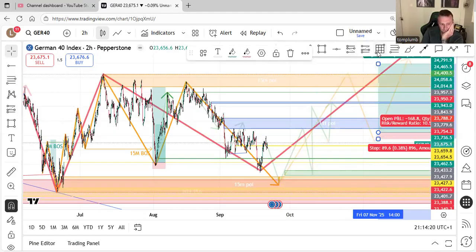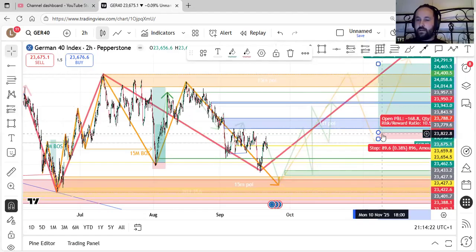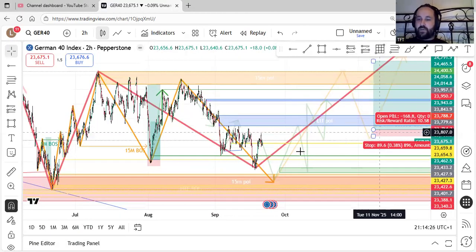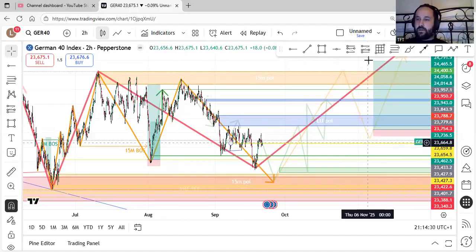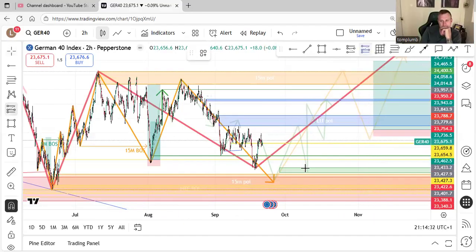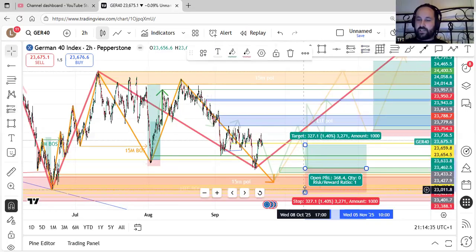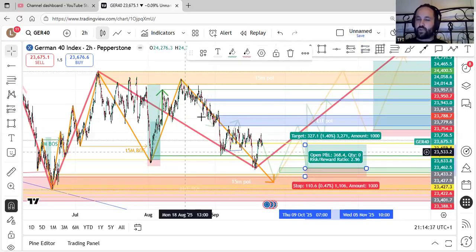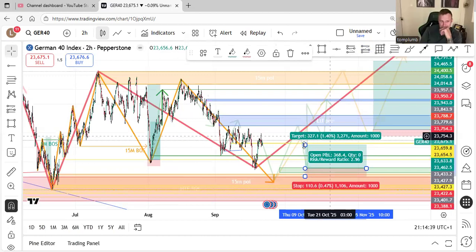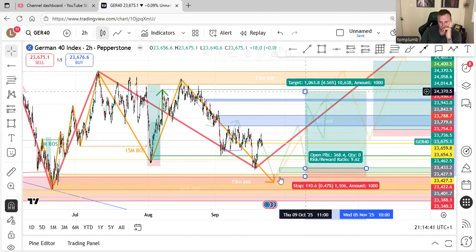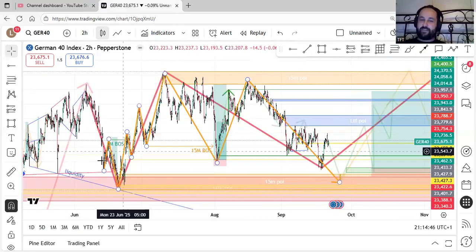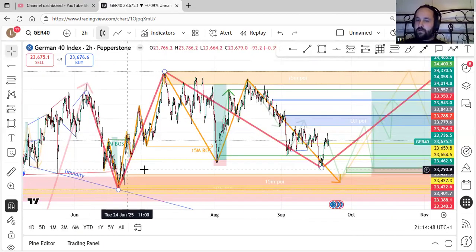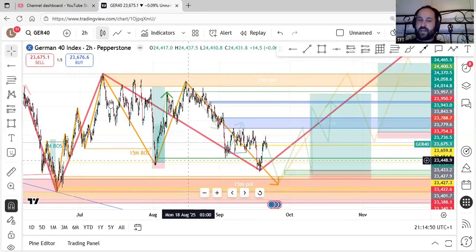Yeah, I get it. So this one here would be the major safest move because you've had that 15-minute break to the upside again. So you can get multiple entries on the same sort of swings, if that makes sense. But this one's slightly more aggressive, a little bit more risky at times. Like I say, we have had the 15-minute change to the upside, so it depends how you view structure, I guess.